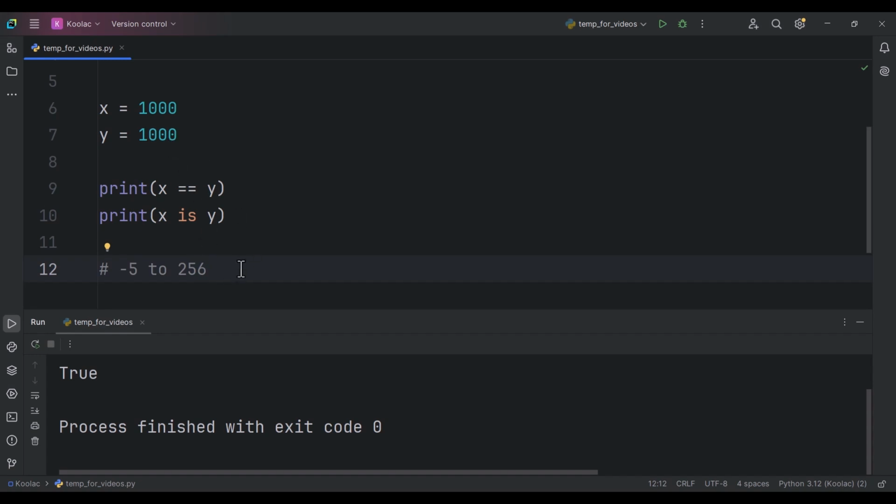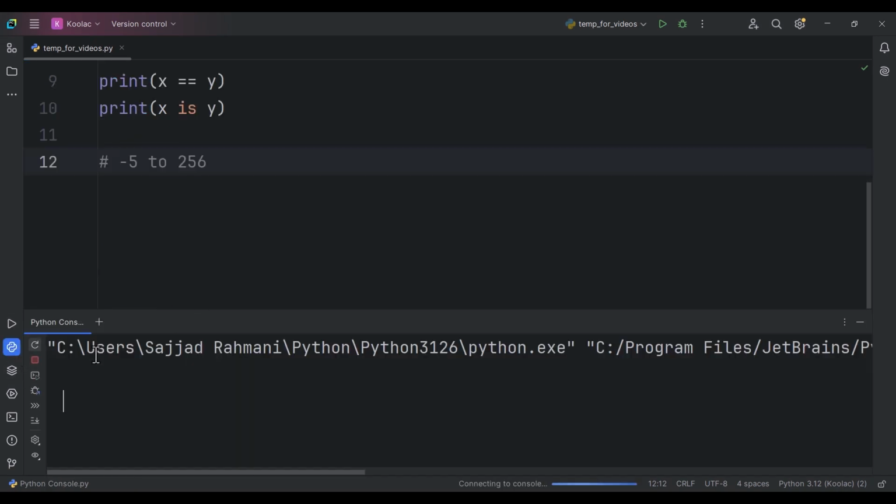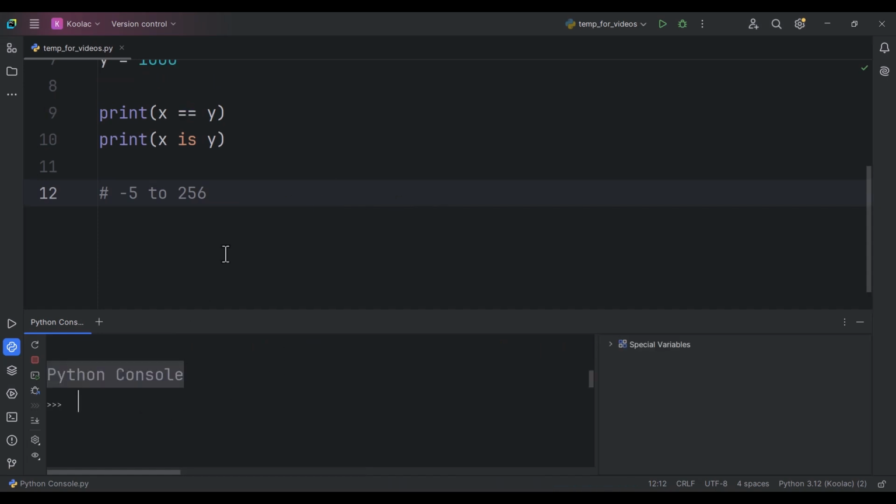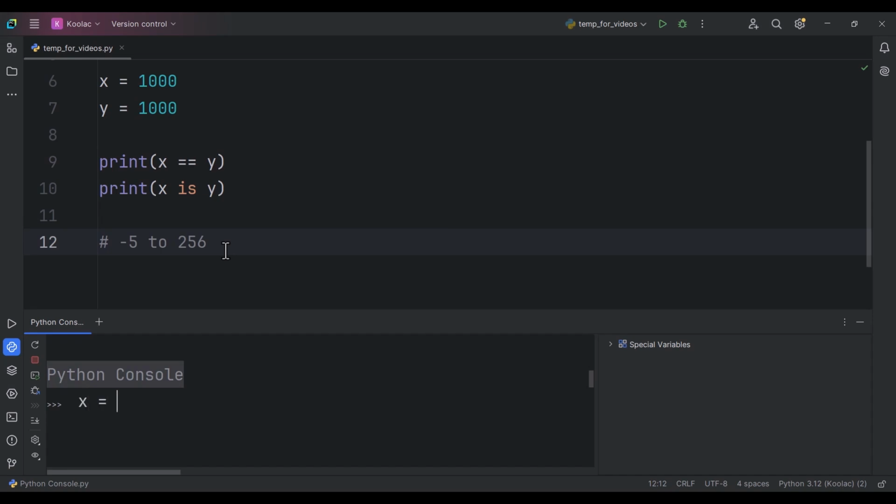But even in PyCharm, if I go to another section, the Python console, so this was the editor of PyCharm, but if I go to the console of PyCharm and type the same thing, so let's type x is equal to 1000 and y is equal to 1000, and here if I type x is y